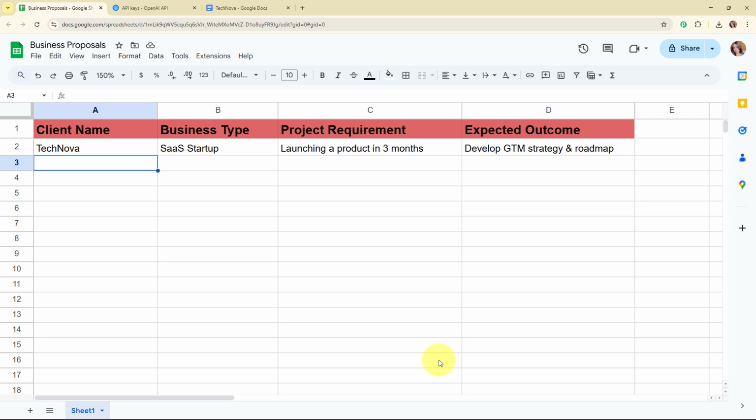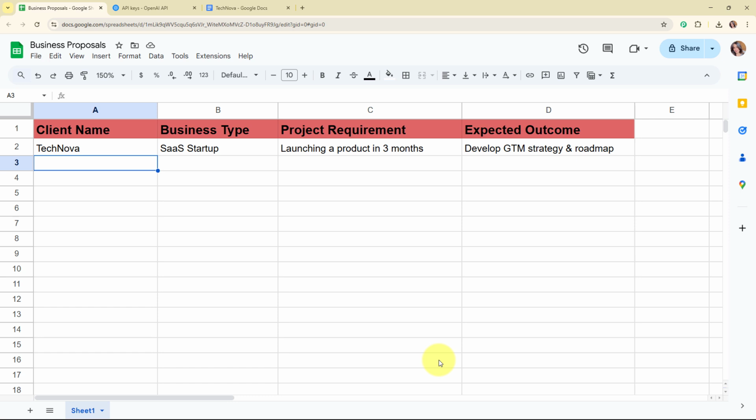Writing each proposal manually takes a lot of time and effort, especially when I have to tailor them for various industries or services. By using an AI agent to generate business proposals, I can save hours of work and still deliver professional personalized documents. All I need to do is provide basic client details and requirements, and the AI quickly creates a proposal that's ready to send. This helps me respond faster, look more professional and close deals more efficiently.